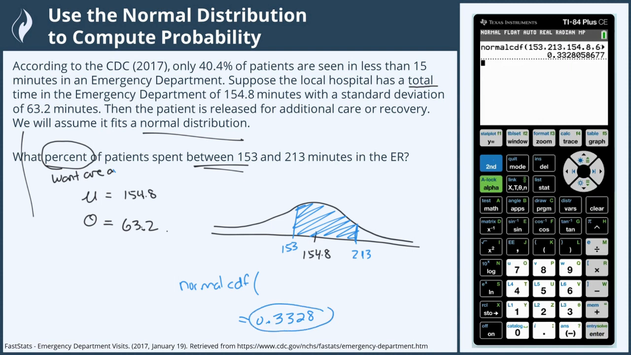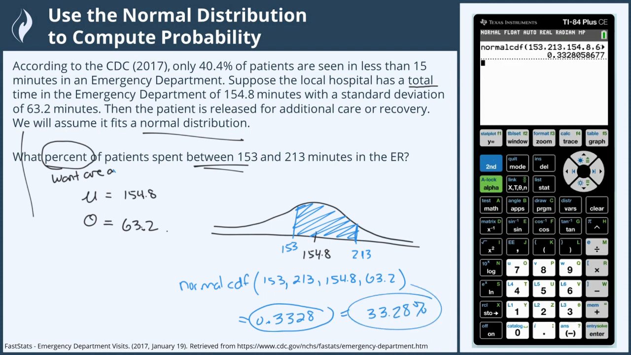Now, those of you that don't have that pretty option where it says lower, upper, you have to know the order in which to input it here. So it's always lower, 153, comma, upper, it's a comma, 213. And then my mean is 154.8, comma, my standard deviation is 63.2. Okay, so if you don't have the option where it says lower, upper, you just have to know how to input it in the proper order. And it looks the same after anyway for both of us. 0.3328 is my percent, or in percentage form,